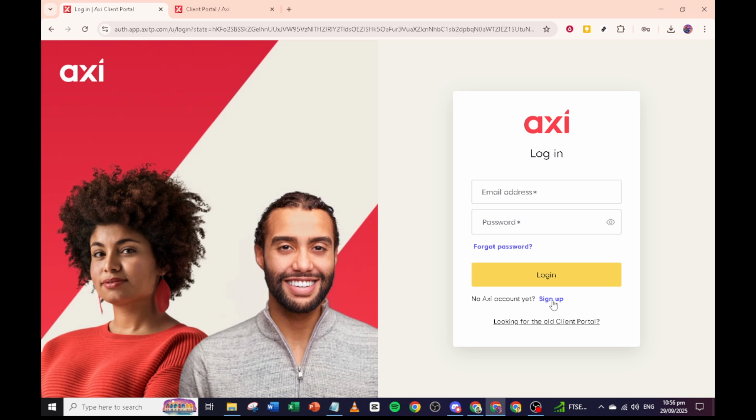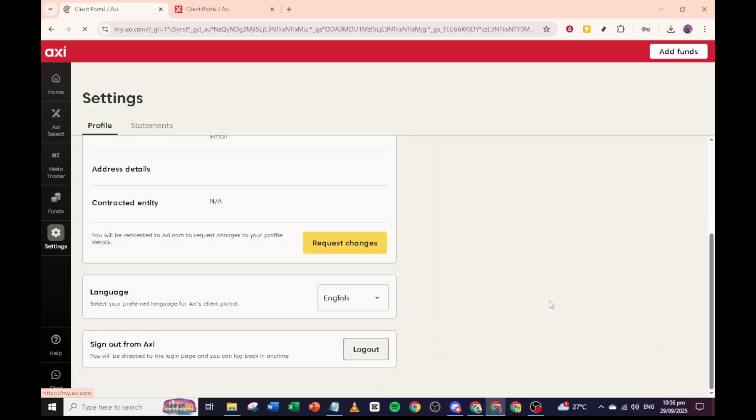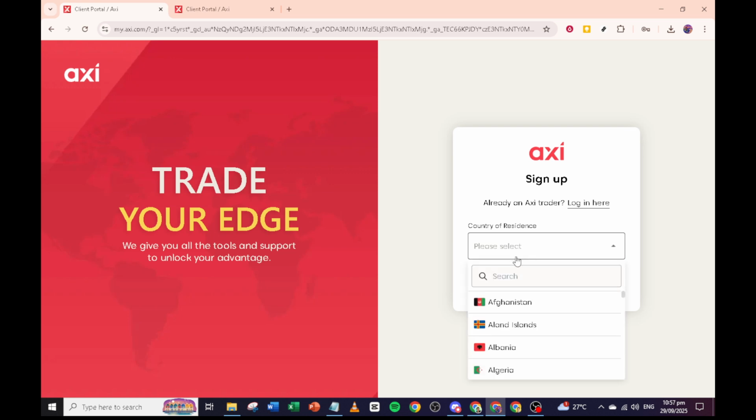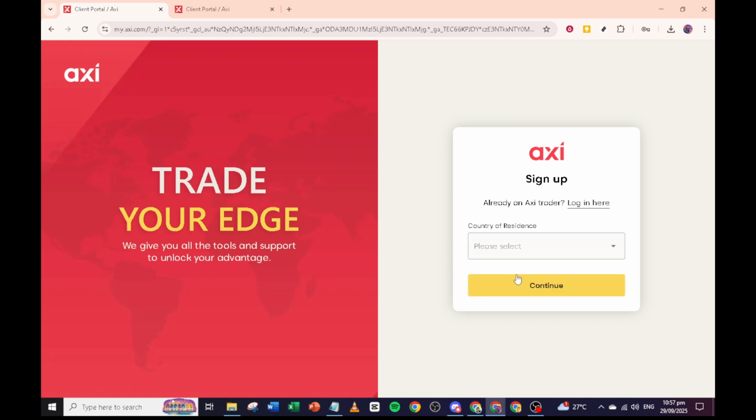Head over to your preferred broker's website and begin the registration process. Make sure to do your research to ensure the broker is reputable and fits your trading needs. During the registration process, you'll be asked to select your trading platform. It's important to choose MetaTrader 4, often abbreviated as MT4, to ensure you get the right setup for downloading later on. Once you've completed the registration, your next step will be downloading the platform itself.